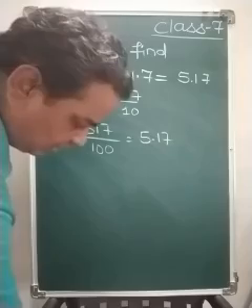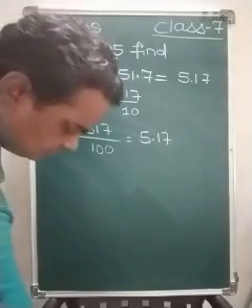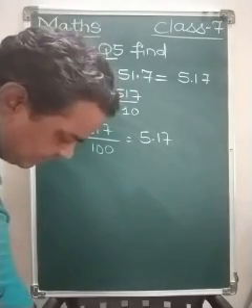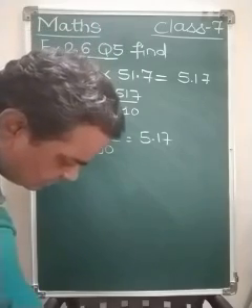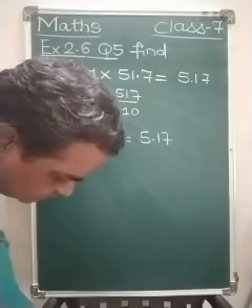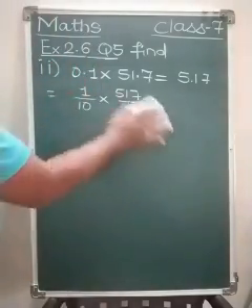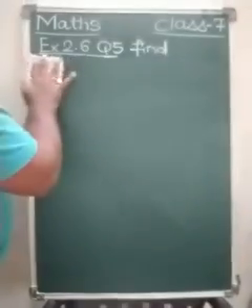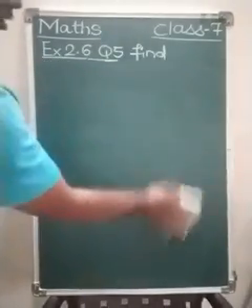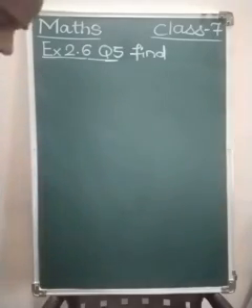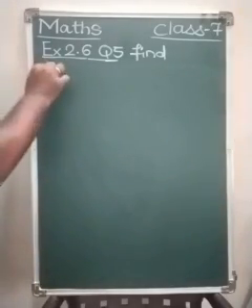Let us solve another one. Take the third sum for the homework. Fourth sum. Take the fourth sum also for the homework. Now the fifth sum we are going to solve. Let us solve the fifth sum. So third and fourth are for the homework. Only one decimal place is there. So the fifth sum we are going to solve directly now.